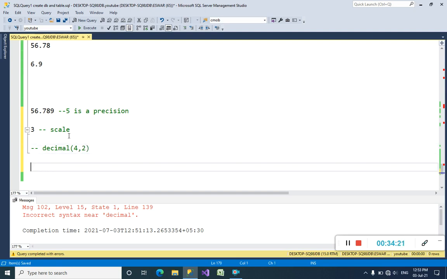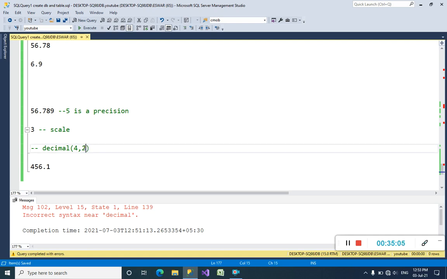How can we insert with the data type decimal 4 comma 2? Just tell me guys, can we insert or not into this data type? I want to insert 456.12, guys. I want to store it into this table. Can we insert or not? We cannot insert, because the whole number has a precision. The precision we have mentioned here is 4 digits. We must use 4 digits only here, otherwise we cannot insert. If we want to insert like this, okay, you can insert, because after the decimal we have a limit of 2.